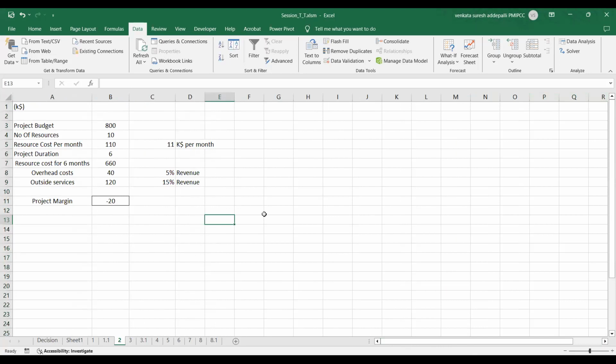So let's go to the next scenario. You have a project. The project budget is expected to be 800K. You are expecting to use about 10 resources. Each resource cost is like 11K per month, so it's like 110K per month. And the project duration is expected to be 6 months. So the total project cost is,